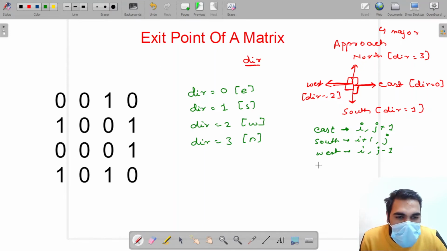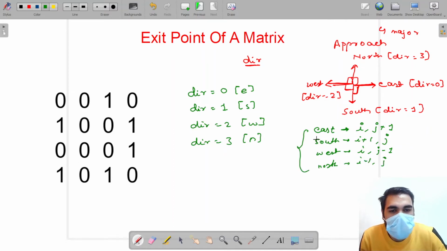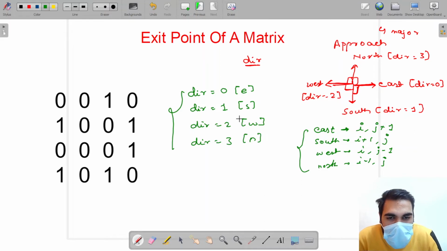Similarly, in the north direction, your i is decreasing and j is fixed. So you have to know these directions also, and you have only 4 major directions.